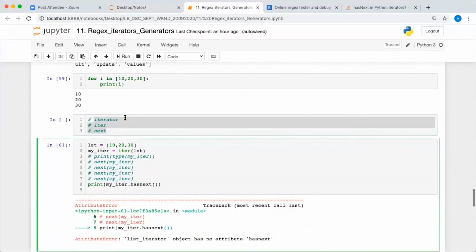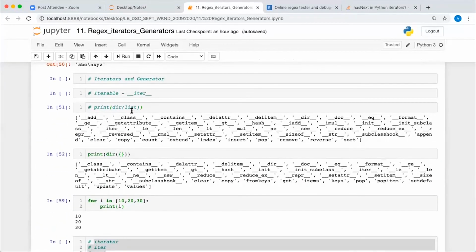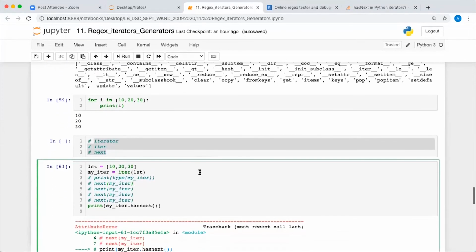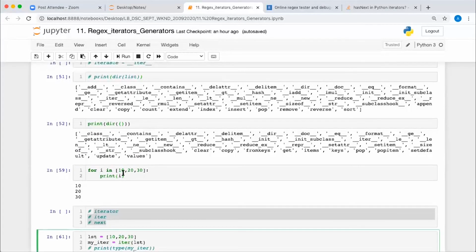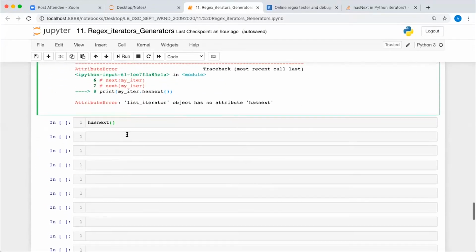Clear? So an iterable is basically something through which you can iterate or run the loop, or which implements the double underscore iter double underscore method. That's one thing. Second thing, an iterator is the object which is returned from the iterable object after calling the iter function on it, which internally implements the next method, and calling the next method on that iterator object will give you the next element in the sequence or the iterable object. Clear? Now this same thing is implemented in loops also, the for loop basically.